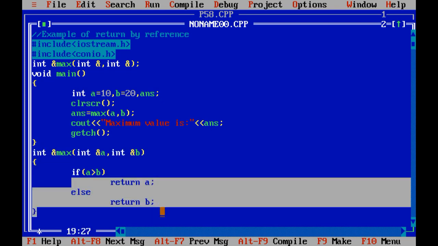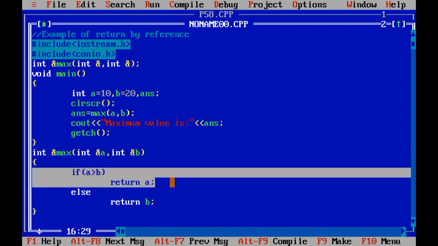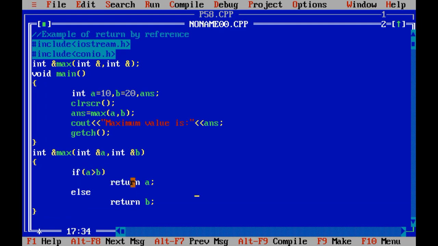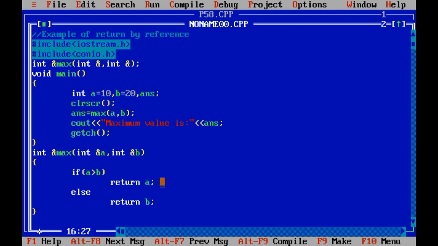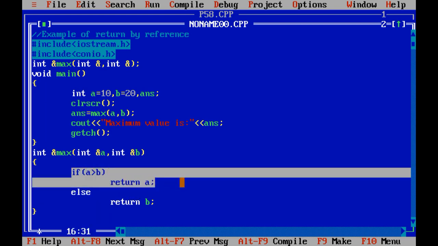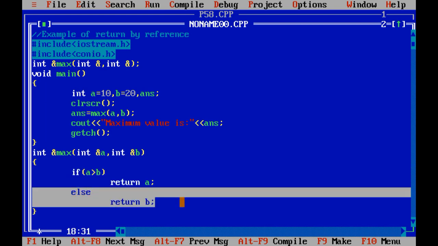Over here we have written two return statements. Why? Because only one return is going to be executed. Either the first condition is true, at that time it will return the value of a. Suppose this condition is false, in this case it will return the value of b, right?